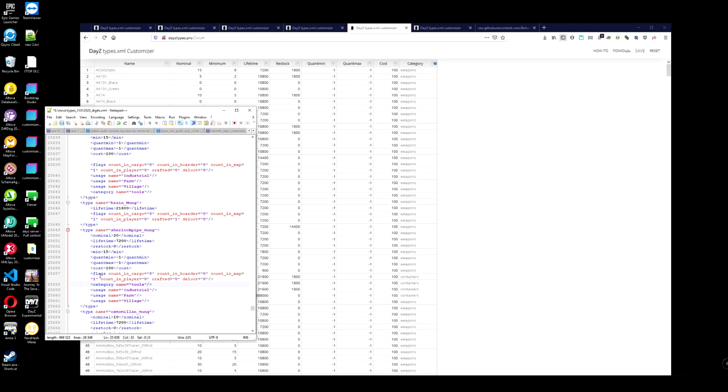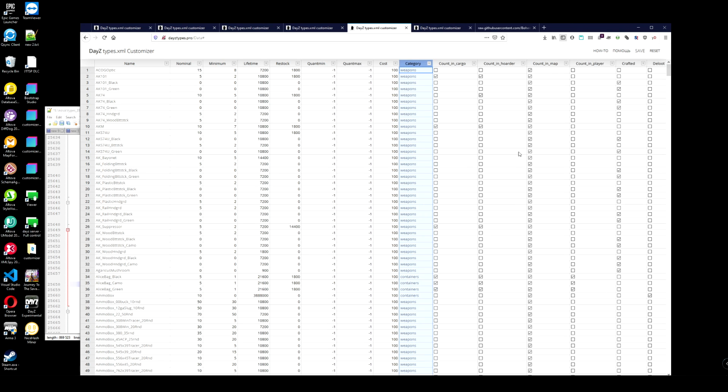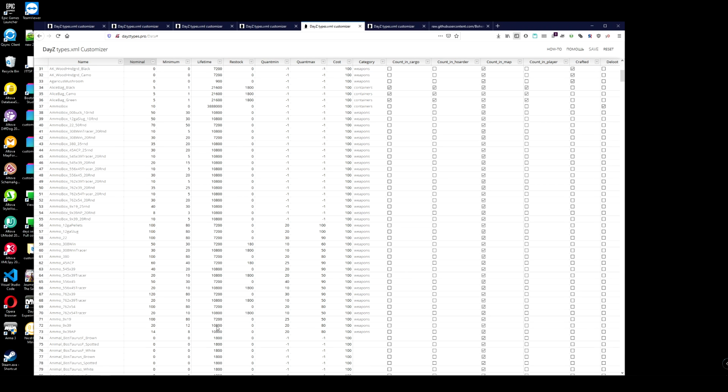We don't see flags here, we don't see usage name and values, right? What should we do? We have it here. It is hidden, just for your convenience, because it takes too much space on the screen. By default it is hidden because very rarely are people editing these values. So right click here with your mouse, show columns, boom, you have everything back. Now we need to be able to scroll it somehow. Where's the scroll bar? It should be here.